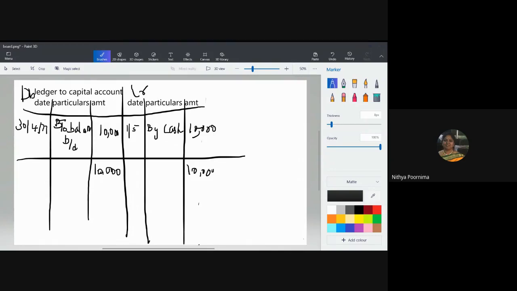Others, quickly have a glance at what we have done, the complete problem. Right from the journal entry to each ledger entry, whatever we have solved, go through all of them and make sure that if your journal entry is correct, then your ledger entry will be correct. If your ledger entry is correct, then definitely the balancing of the problem will also be correct.